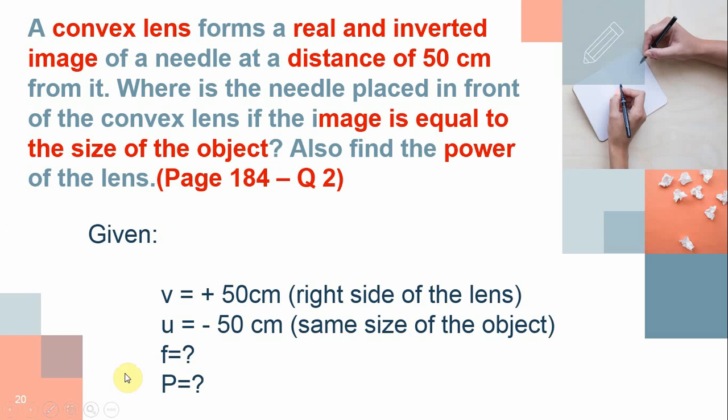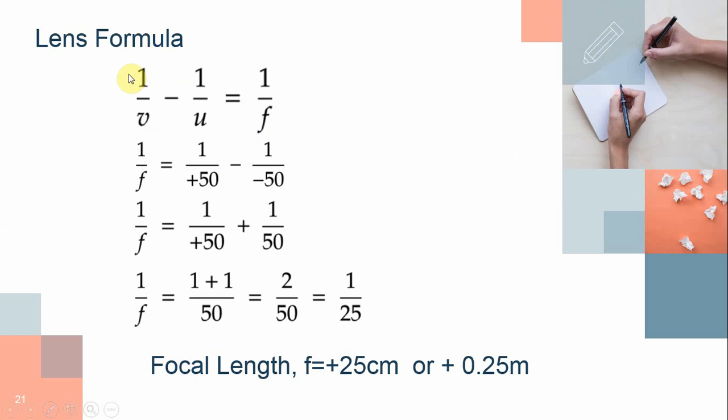Now we find the value of focal length and power of a lens. Now we use the lens formula 1 by v minus 1 by u is equal to 1 by f. Now substitute the value of u and v. Here v is plus 50, u is minus 50. We can take the LCM. After solving the LCM, we can get 1 by f is equal to 1 plus 1 by 50 is equal